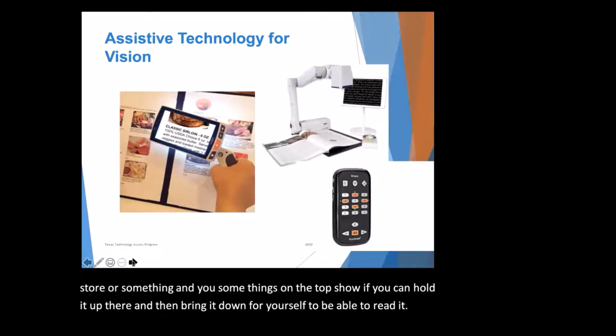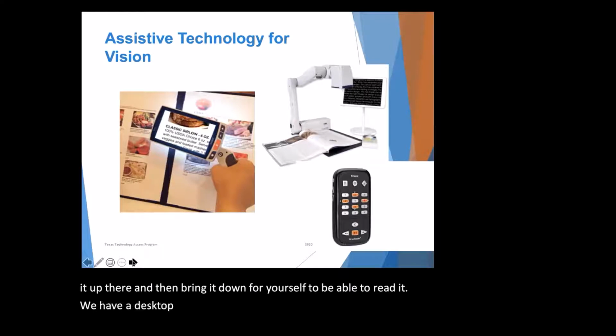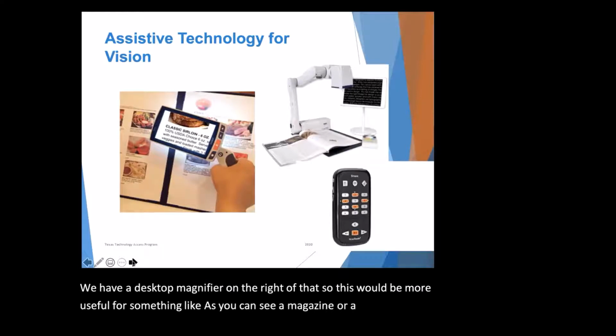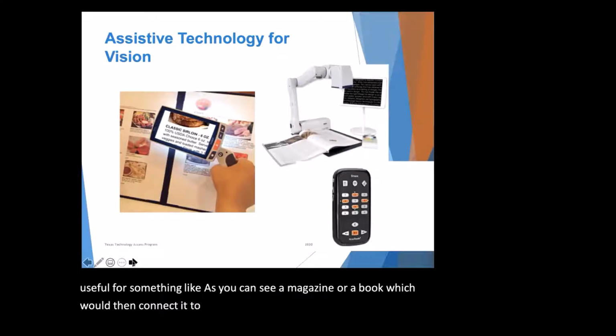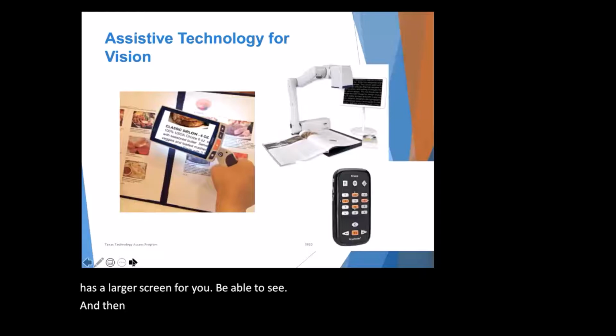We have a desktop magnifier on the right of that. This would be more useful for something like, as you can see, a magazine or a book, which you would then connect to, say, a computer screen or a TV or something that has a larger screen for you to be able to see. And then underneath that is a similar device to magnify, and it will read it back to you. It will talk it back to you